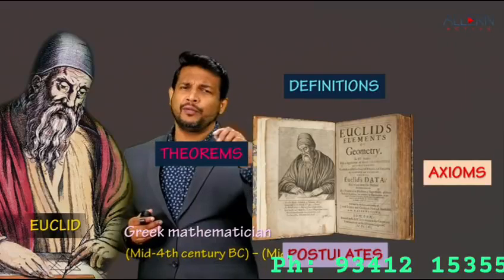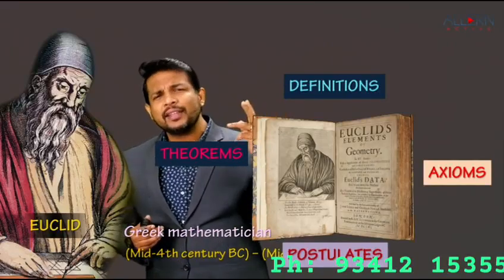Now you would be wondering, we know what definitions are, but what are axioms, what are postulates? Let's learn that. It's very simple. He made geometry very easy, and that geometry is called Euclidean geometry, which we learn today. Let's discuss something very interesting, very simple. I give you a point and I'm asking you a question. How many lines can you draw passing through this point?